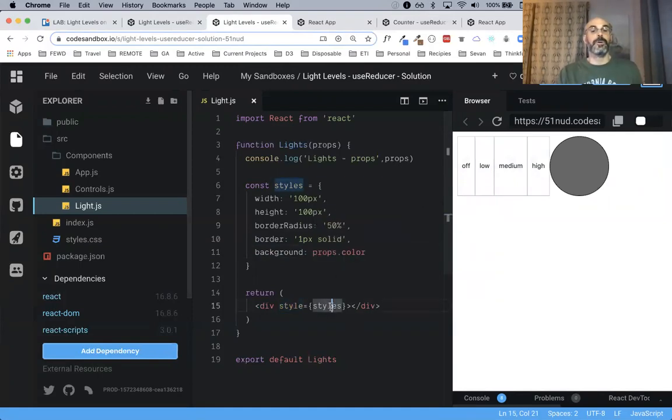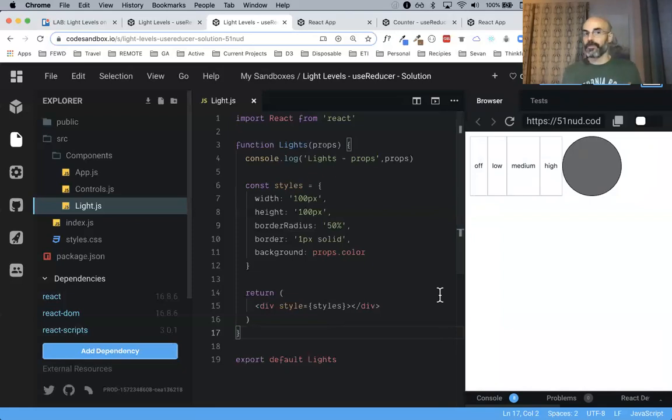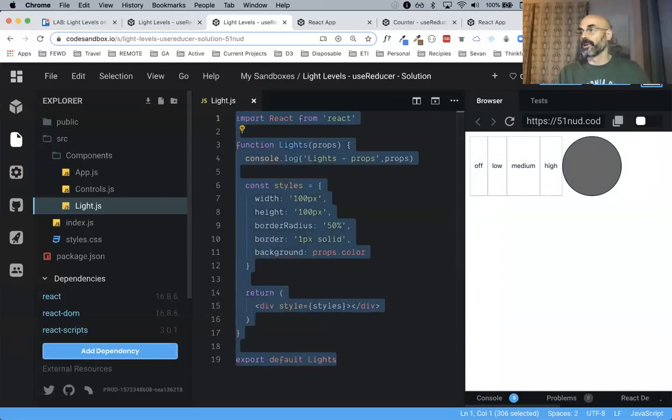Style is equal to this styles object, okay? It's really all I'm doing here. This light component, pretty basic. You shouldn't really spend a lot of time on the light component. So what I think I'm going to do, just to get everyone started,